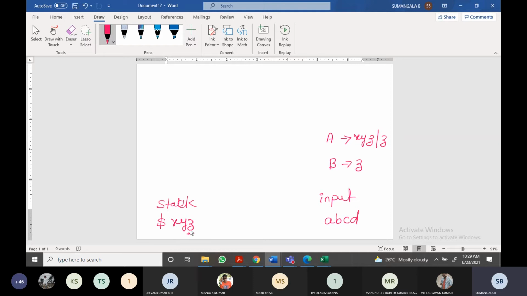Now see, you have a Z. The top of the stack is Z, and it is matching with the production. A is deriving Z and B is also deriving Z. That means now whether this Z has to be replaced with the non-terminal A or B. What type of conflict is it now? Z can be reduced to B and Z can be reduced to A. What type of conflict?